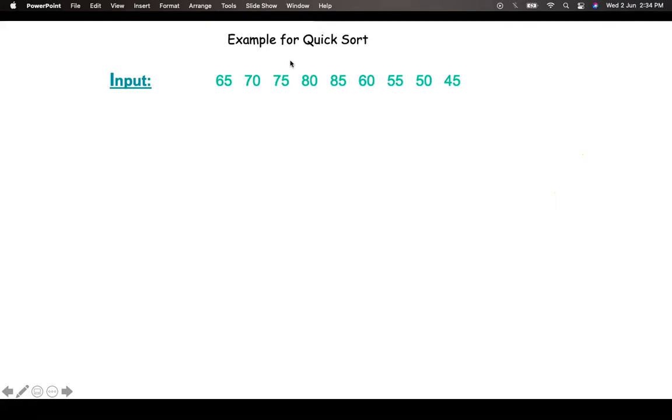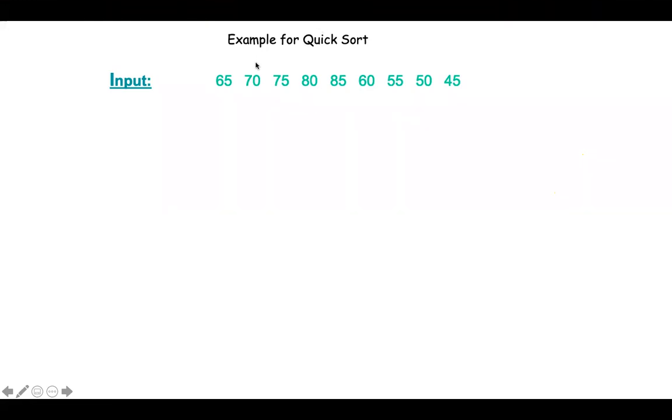The first thing we are going to do is select the pivot element. In this array, you know that the first element itself is the pivot element. So 65 is the pivot element. Next, initialize i and j. i will be initialized to the first element, j will be initialized to the last element.